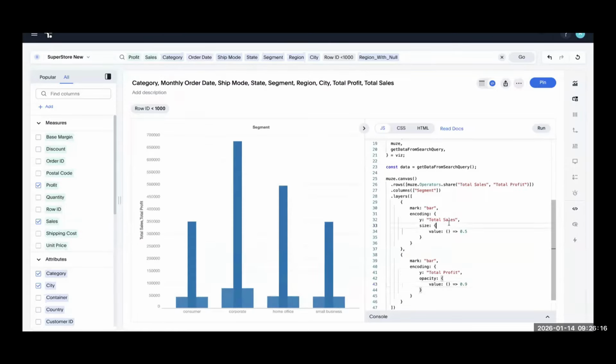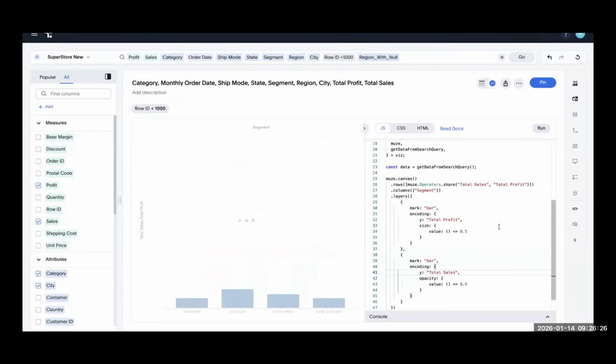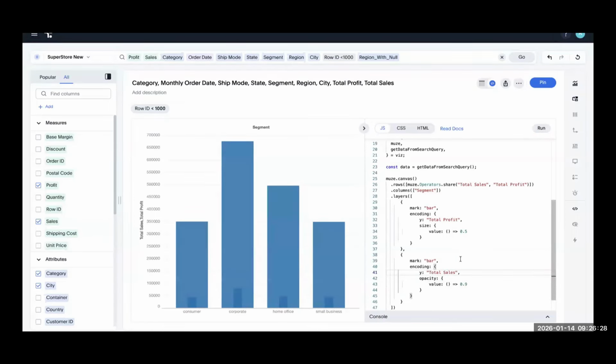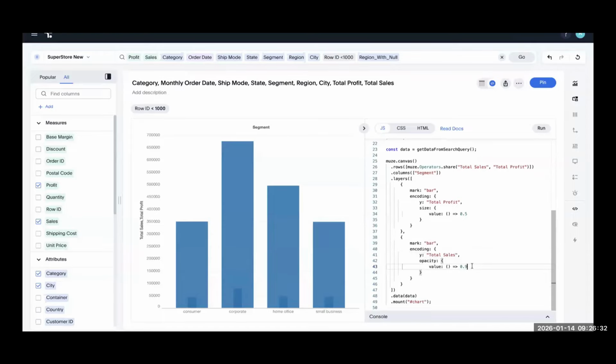I think let's show up this profit. I think it will be better. Yeah, so